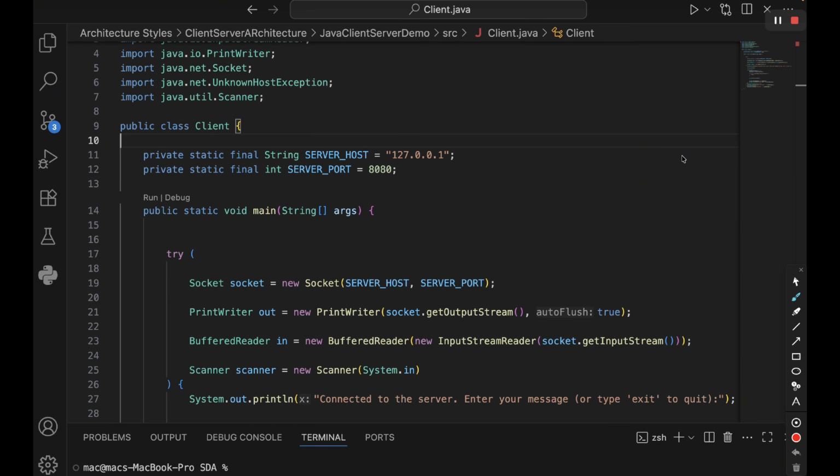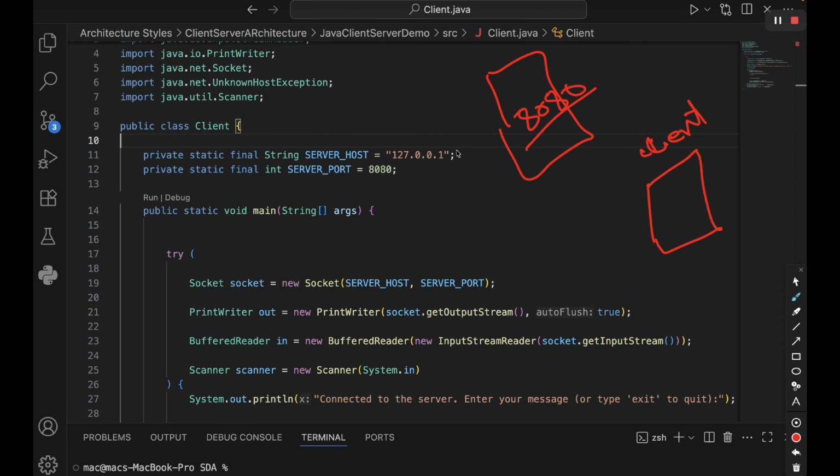As you know, whenever you want to connect a client with the server, for example, this is a server and this is the client. The server should listen on a particular port. In our case, we started listening on port number 8080. So that was the only requirement. You should start listening on a particular port. But for the client,